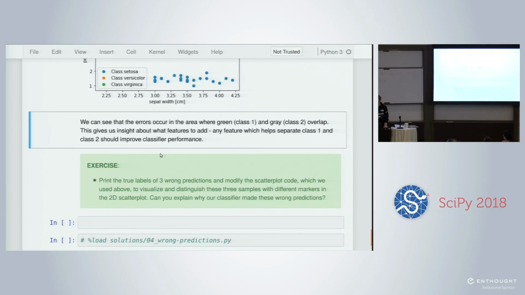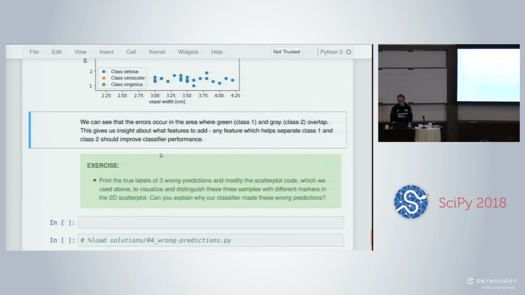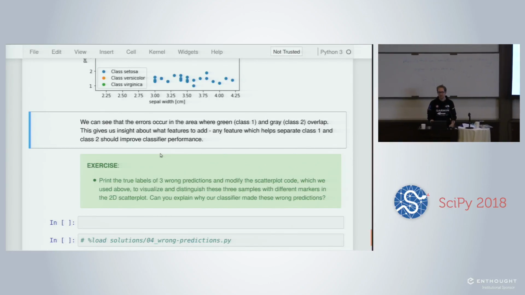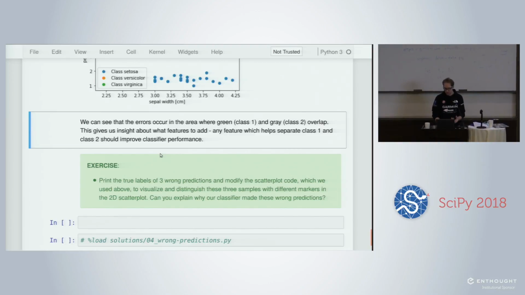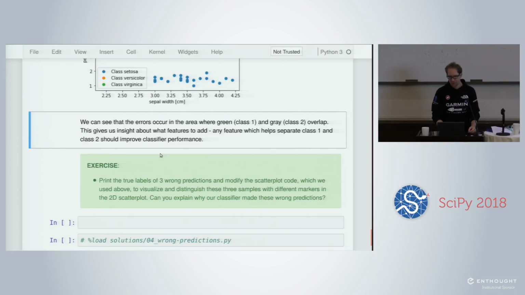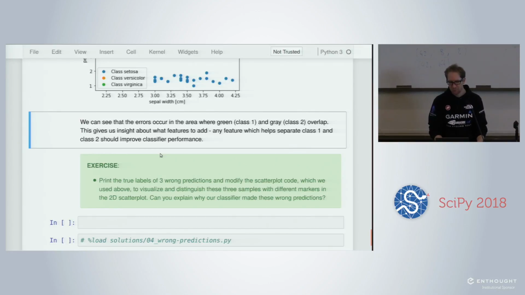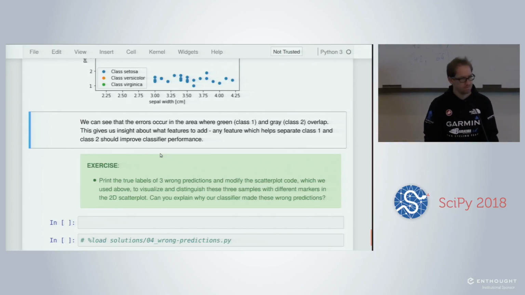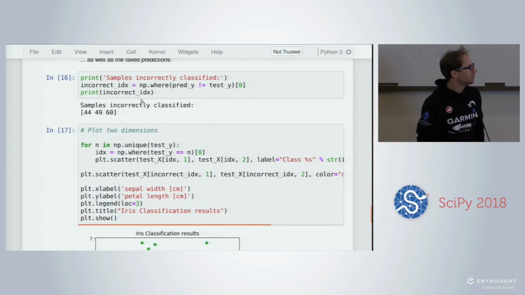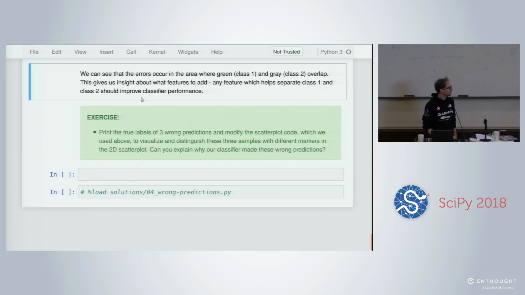Okay, so here the exercise is to understand why those 3 samples are misclassified. And then there is also a bit of plotting: classifying and giving the index of those 3 points in the scatter plots. If you read the instructions, you can set different markers.